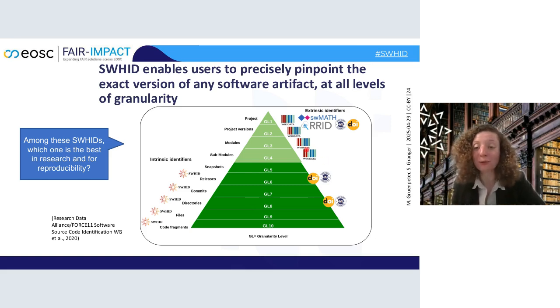And this we can see from granularity level 1 to granularity level 10, where 10 is the bottom of the pyramid. We have the most items, like a lot of code fragments. Then files, then directories, commits, which are revisions, releases, we have fewer of that, and snapshots, again, fewer elements. And then we arrive at the top level of extrinsic identifier, and here I will read it from top to